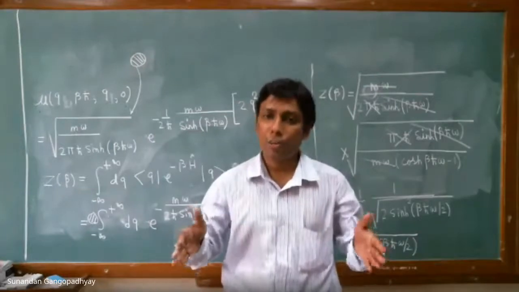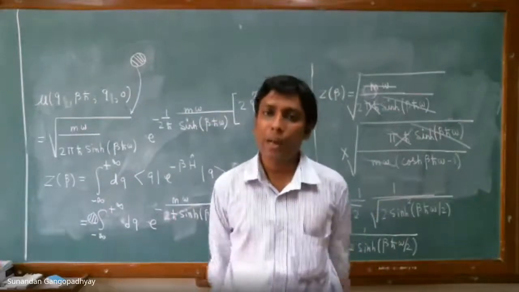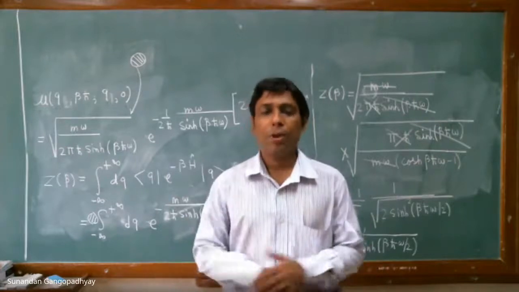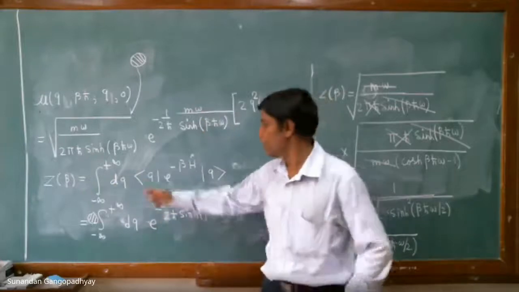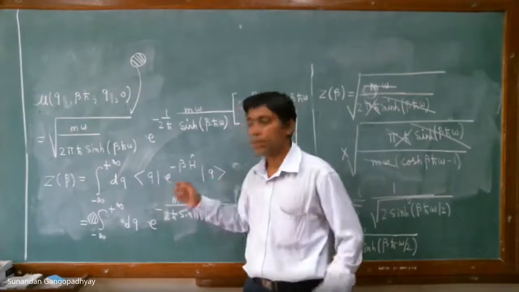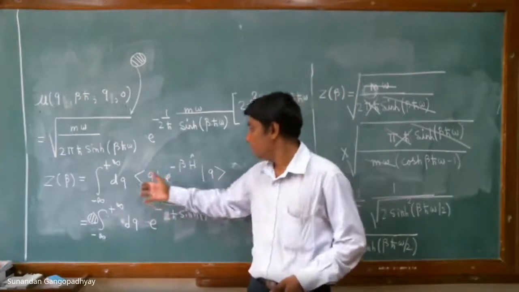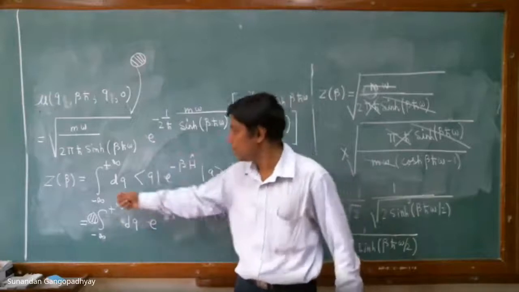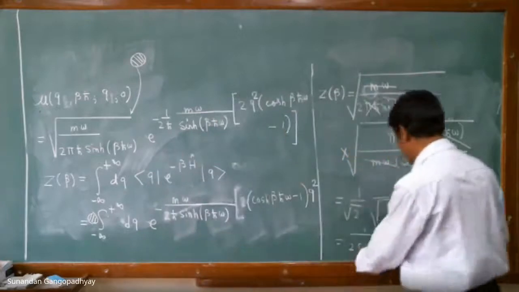Once you have the expression for the propagator in real time, you now make an analytic continuation to get the imaginary time result for the propagator. Once you get the expression for the propagator in the imaginary time formalism, then you just need to perform an integral over Q, because the partition function is basically the trace. So it's basically a spatial integral of the propagator in the imaginary time formalism. So we have this expression for the propagator in the imaginary time formalism. You now perform a spatial integral over Q. When you do it, you get the result.